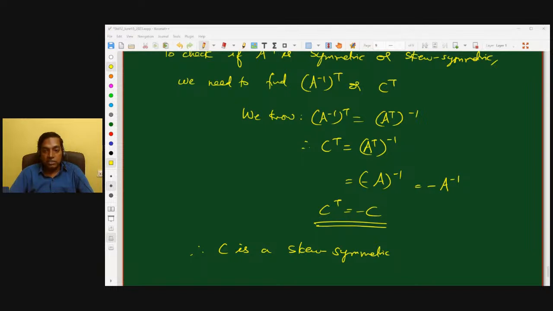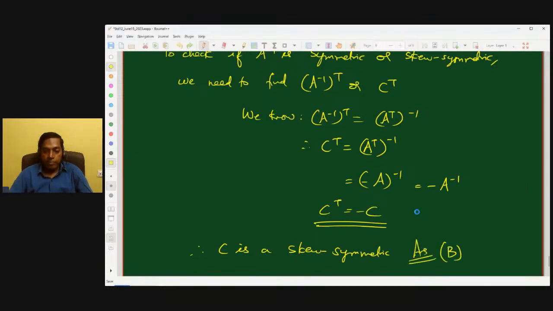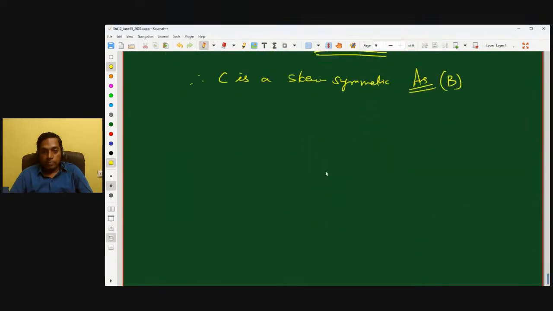Okay, which gives us C is a skew symmetric matrix, which is option B. Okay. Now,